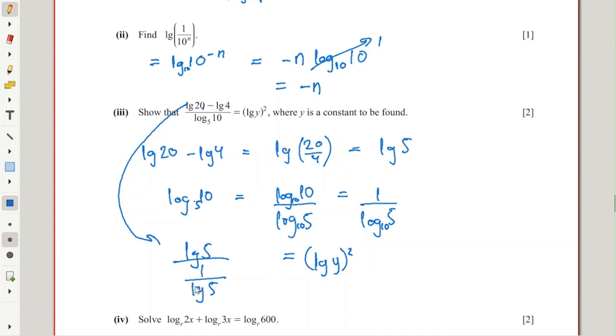So if they are dividing, you find the reciprocal when you multiply. It's equal to this. So this will give you log,